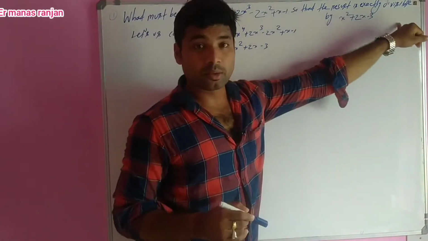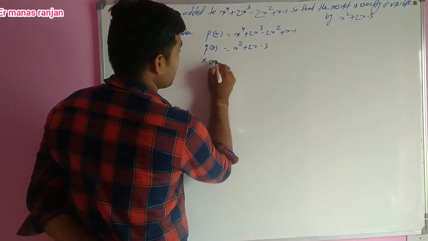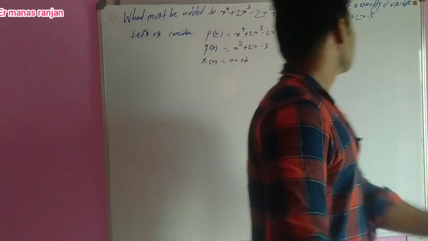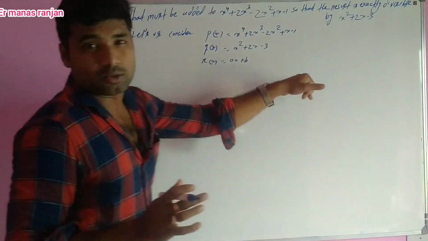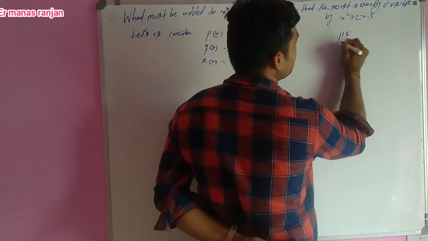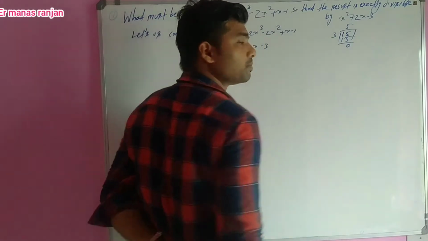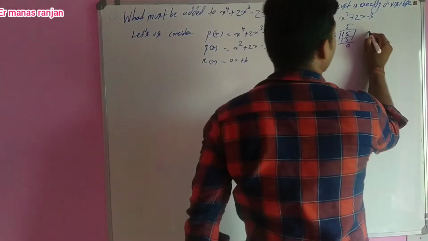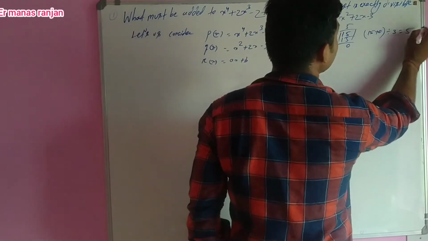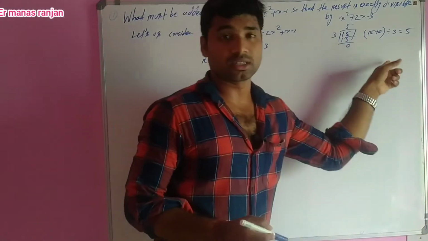If it is divisible, then the remainder is 0. The remainder R(x) = ax + b, always in the form ax + b. Before going to solve this question, let's take a simple example. Suppose 15 is divisible by 3. You will get remainder 0. If the remainder is added to the dividend, it is also divisible by 3. Yes or no? So we will solve this problem by using this concept.